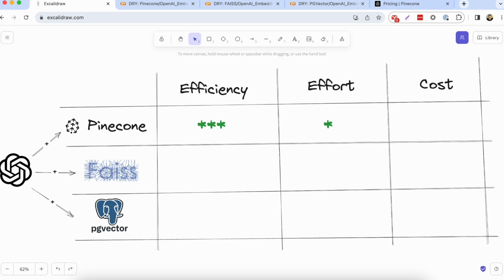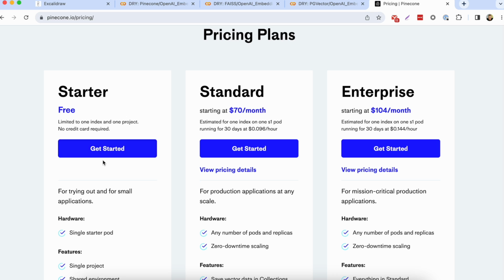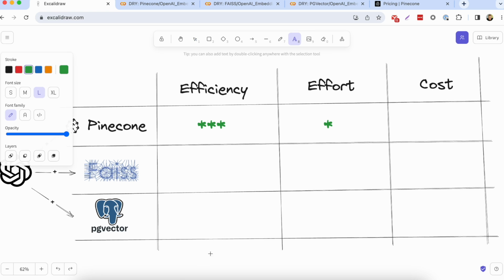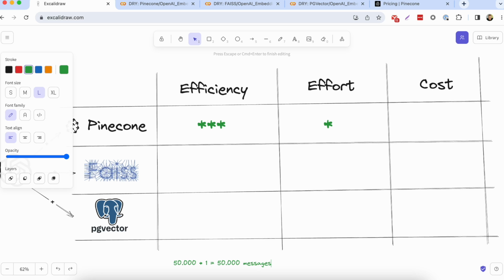Pinecone is a managed service. It has a free plan which should be enough for a pet project. However, for a commercial project one would need to buy some paid plan. And let's say that we expect our service to have 50k daily users, and they will be generating around 50k messages daily, and this will mean that we will create and store 50k vectors daily,